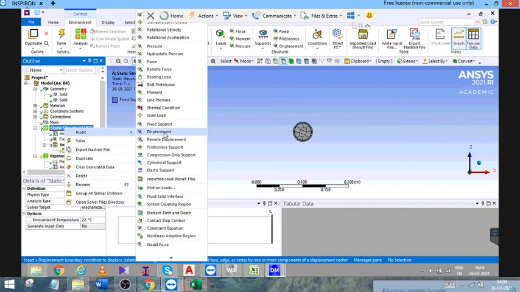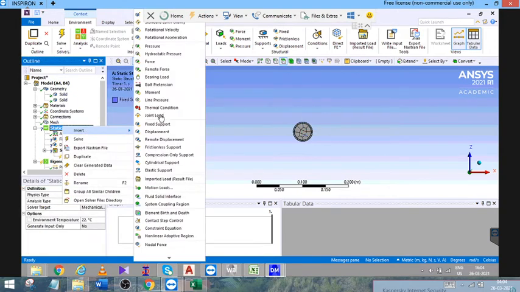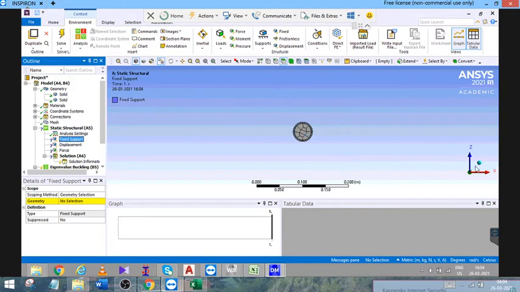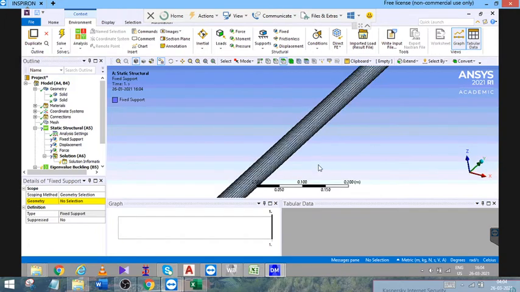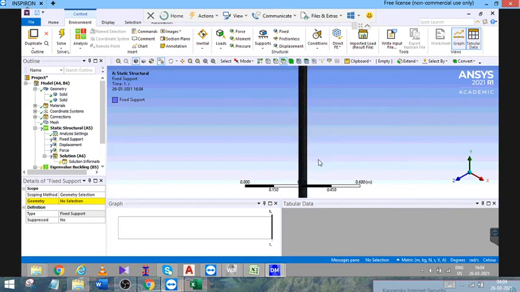Then next go to displacement, and then you'll also have to apply the force. Since we are modeling this particular CFST member similar to our lab condition, one end, the bottom end, is fixed and the top end is in hinged condition.